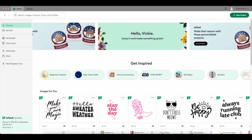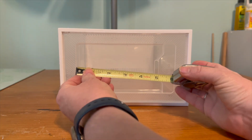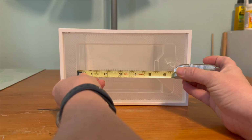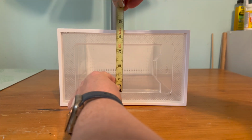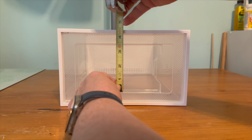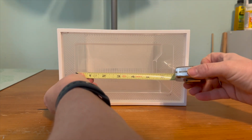Of course, as with any project, the first thing you want to do is go ahead and measure your workable space. The workable space I'm using is going to measure 5.5 by 3.25. Now remember, measure twice, cut once. So 5.5,